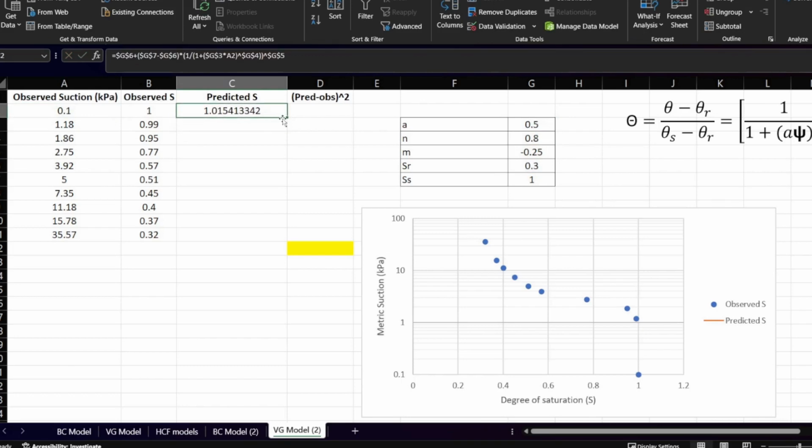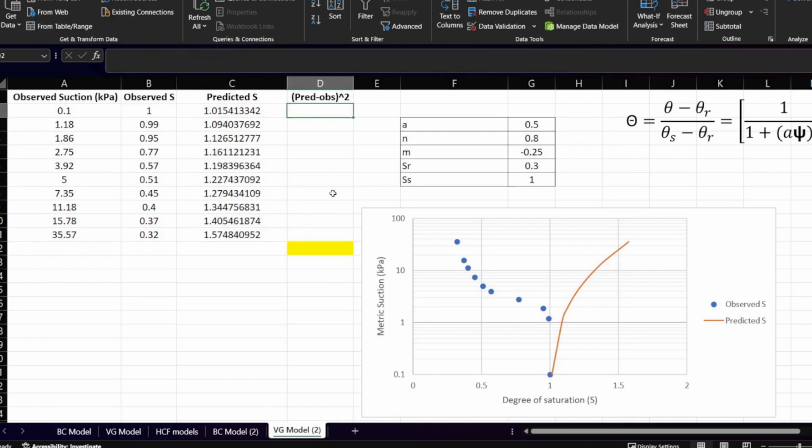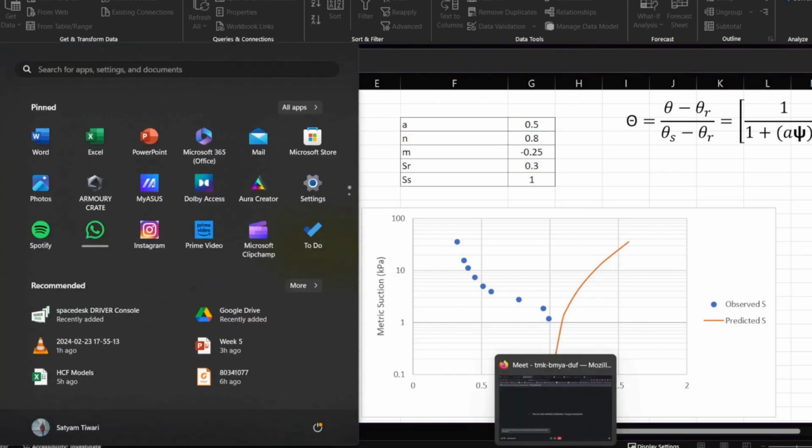Fine. So this is the predicted value of saturation which we have obtained, right? So here, if you see, as I plot this, these values are coming here. Now if I do the same exercise as I've done earlier to obtain the predicted versus the observed value,